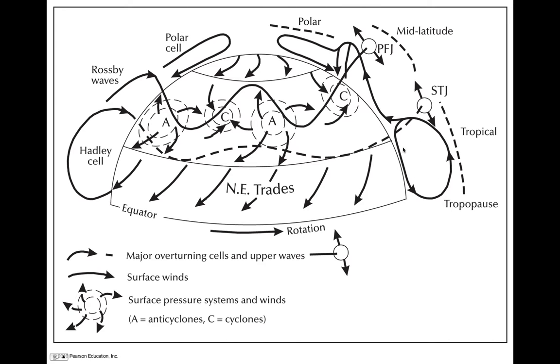Here we have the Hadley cell. Warm air rising, heading towards the subtropics. Ultimately, it will get turned into the page here due to the Coriolis effect, so you get a subtropical jet at the northward branch of the Hadley cell aloft. The other part of the air sinks down, hits the subtropics, and the return flow gets turned to its right, giving you the northeast trades. The other part that hits the mid-latitudes ends up rising over what's called the polar front, which simply means there's really cold, dense air spilling off the poles, forcing this air coming from the subtropics up and over.